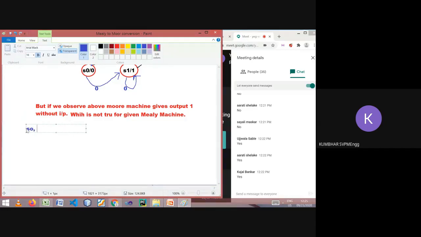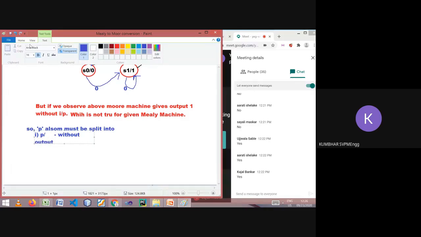So for a solution, state P also must be split into, let me write that, one is P with output epsilon, that is without output.